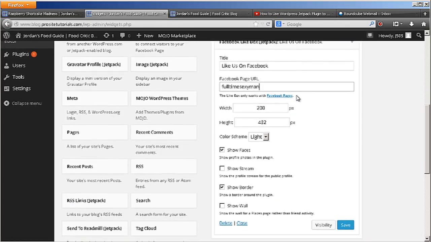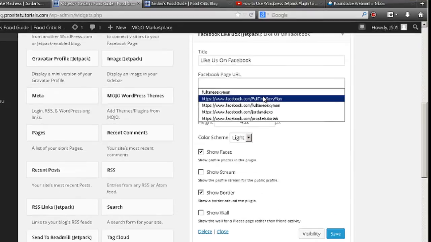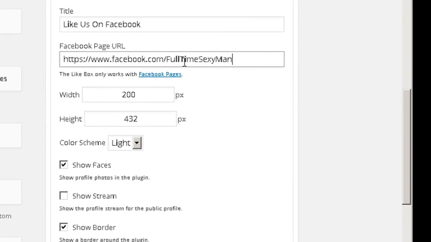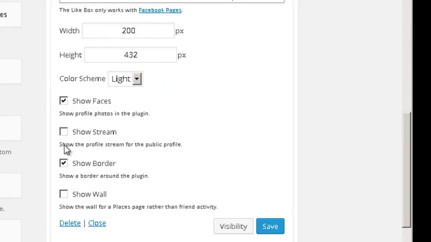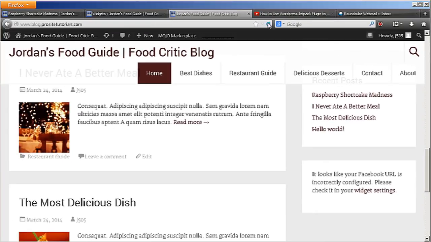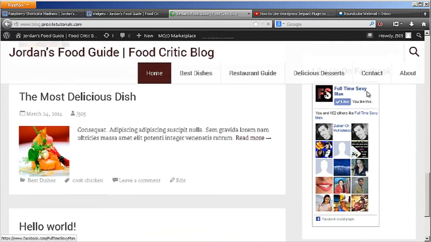Full-time sexy. I actually need to put the URL. I'm mistaken over here. Okay. So you need to put the URL of your fan page on Facebook. Also, you have some options over here that you can change. You can change the width, the height, and so on. I'm just going to save changes, refresh my website, and you can see that now I have